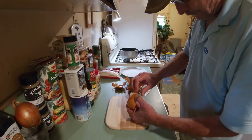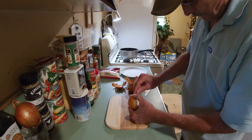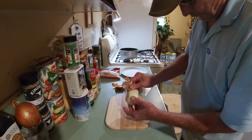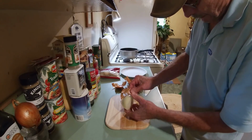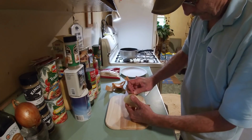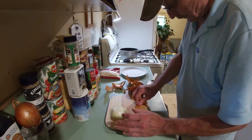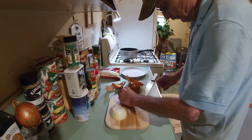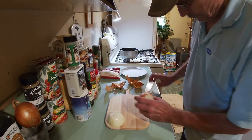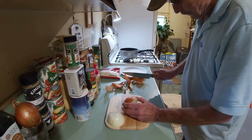Now, since I'm peeling and dicing and doing all that, getting this onion peeled so we can dice her all up, throw her all in. You might wonder why I'm doing stuffed and unstuffed. You know, I said I'd talk a little bit about that while we were prepping all this, right? So, why are we doing it? Well,